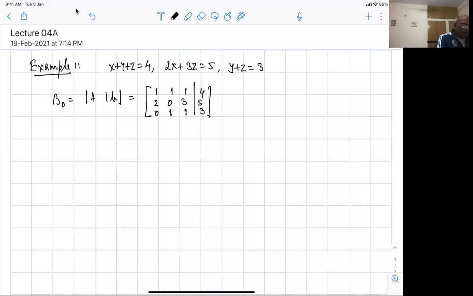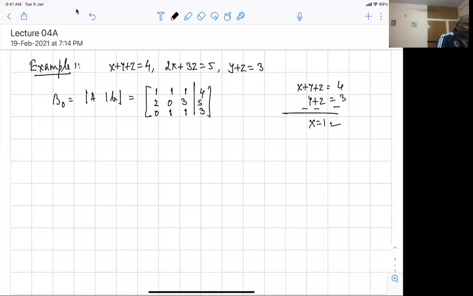Generally, when you want to solve it, you would like to use something and then make it. So here it turns out that I can just look at the third equation minus the first equation, or first minus the third equation, and get my answer directly. If I look at x plus y plus z is equal to 4 and y plus z is equal to 3, I can just subtract and I can get x is equal to 1.